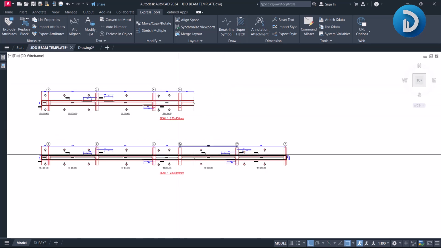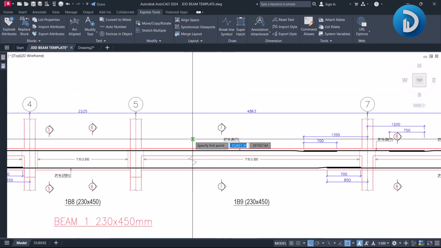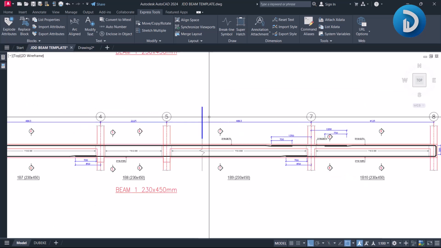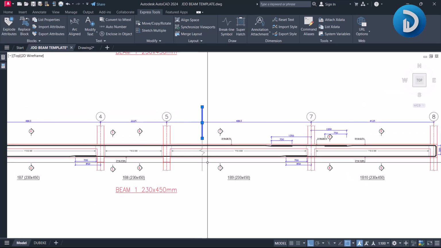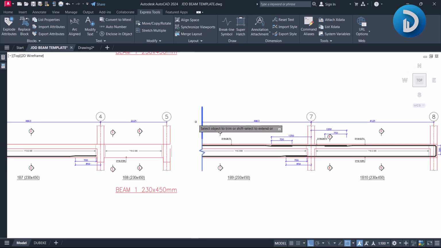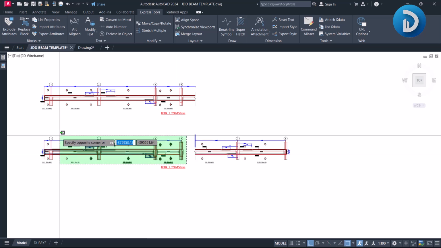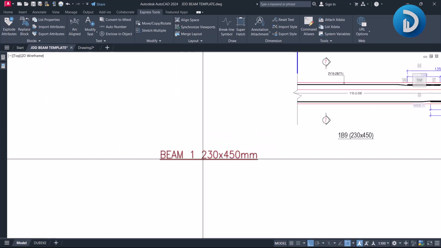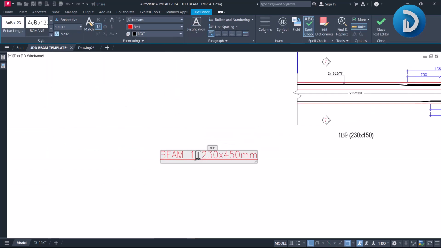Then for the second part, we'll select this as our point of reference and we can trim every other thing out. So this will become our beam 1 continued,